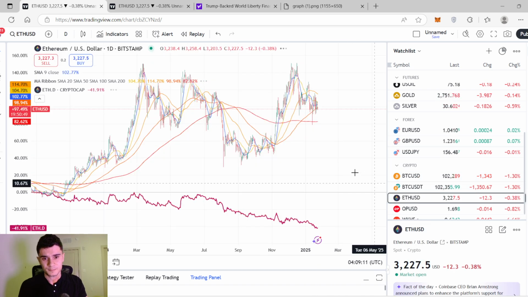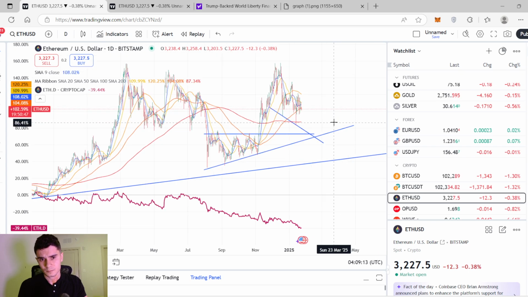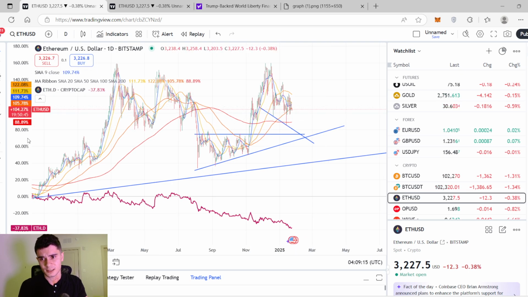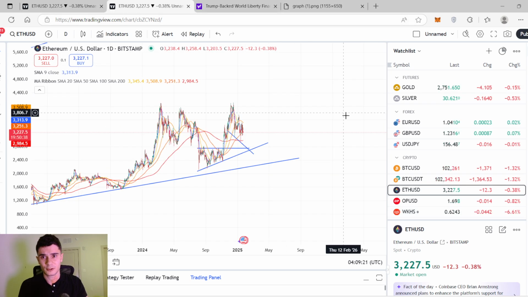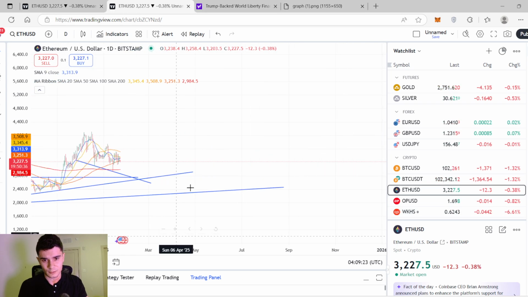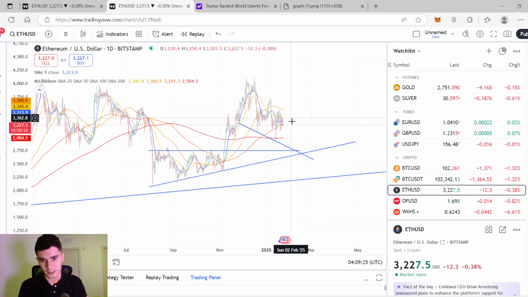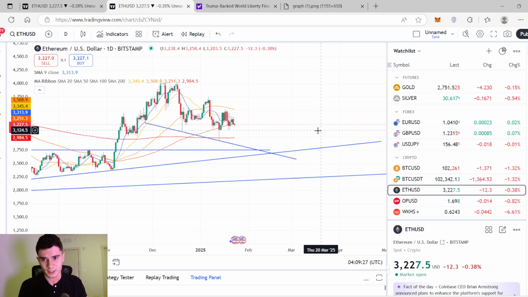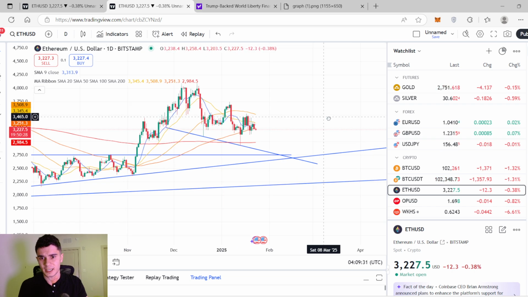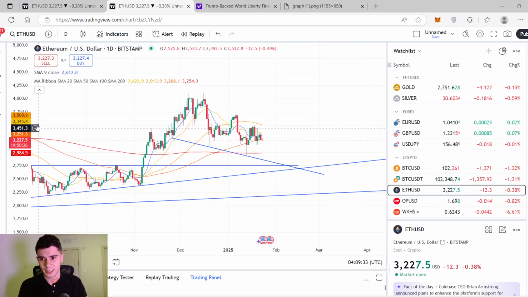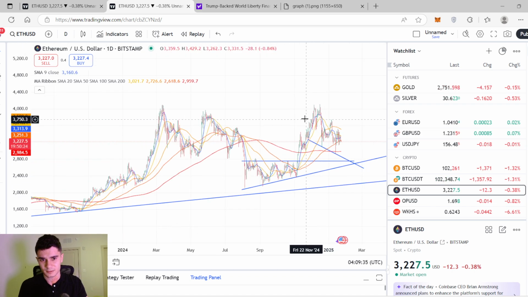Right now, Ethereum, I think it's definitely in an accumulation phase. So it's good to buy Ethereum right now, or maybe wait until it pulls back a little bit more. So if this head and shoulders is going to play out,